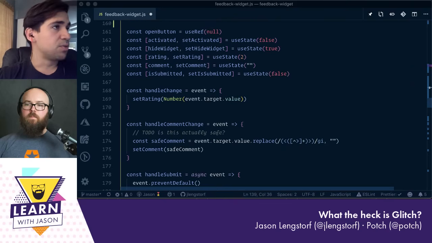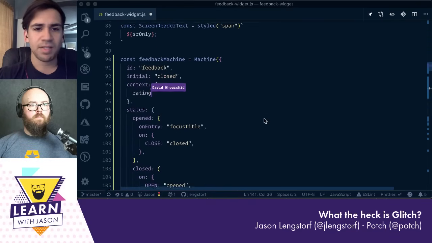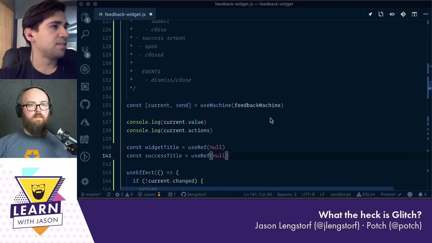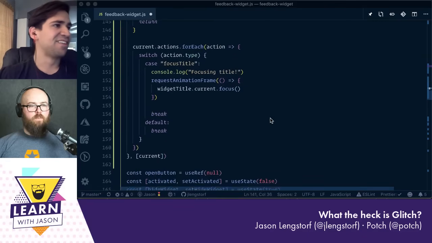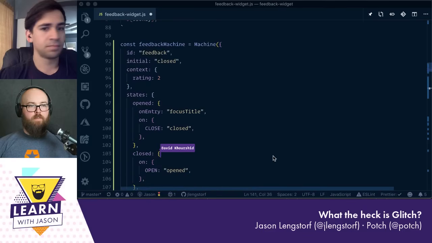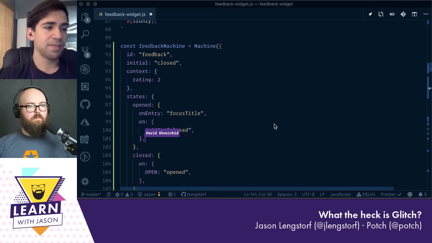So if we go to our feedback machine on line 33 again, let's just have a rating. Is there any rating selected by default? Yeah, the rating by default is 2. I think that's optimistic. Well, 1, 2, or 3 are the ratings. So we choose right in the middle by default. All right. So we have this rating of 2, and so we want only in the open state,